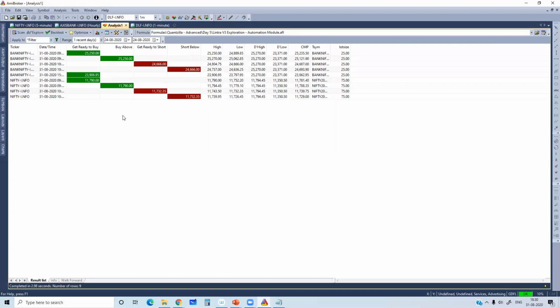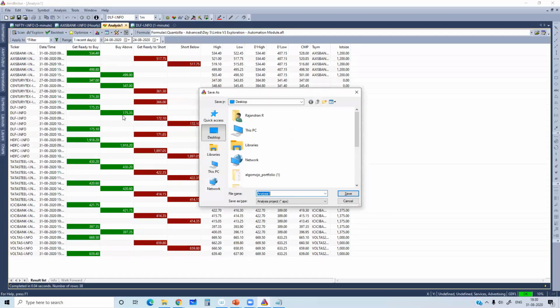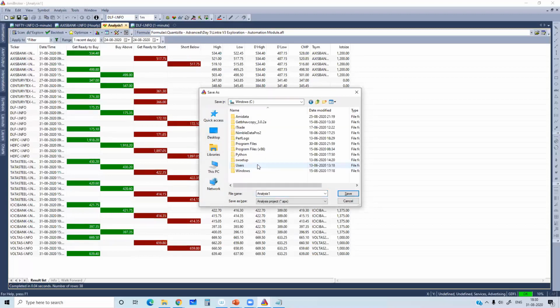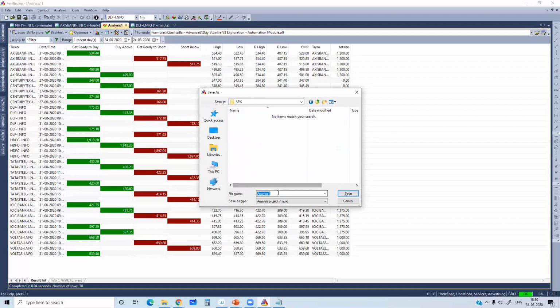Once you're done with that, save the APX file also. Give Control S. Make sure that you're putting that APX file under a particular path. So you put it under C drive, Program Files, AmiBroker, create a folder here, APX, so that you don't need to create it again and again.